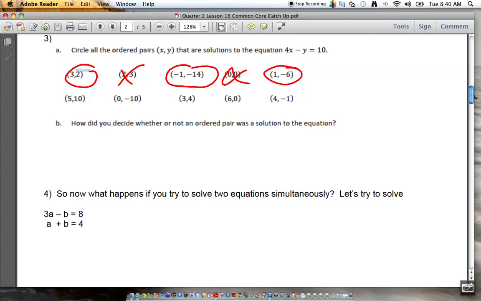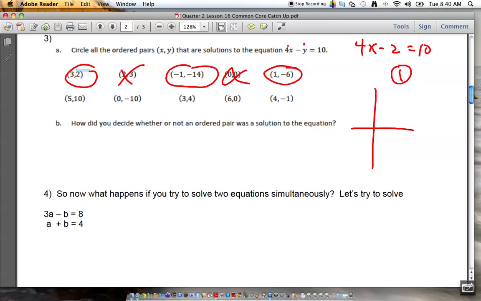Agree? Okay. So what they want you to see is this. The point they're driving at is when you have two variables in one equation, there are a lot of solutions. See, if I give you this equation, if I just change this slightly and say 4x minus 2 equals 10, there's only one solution, namely 3. Okay? But as soon as I put two variables here, an x and a y, there are an infinite amount of solutions. In fact, we talked about how when we graph it,